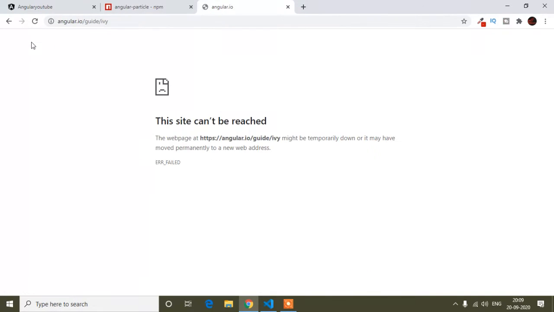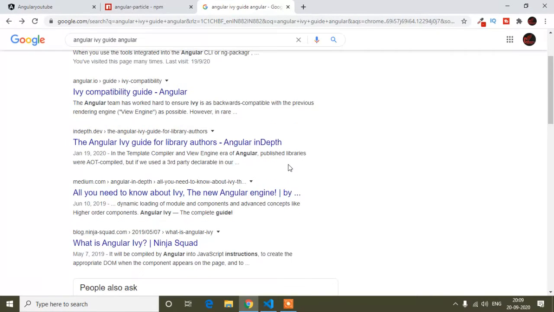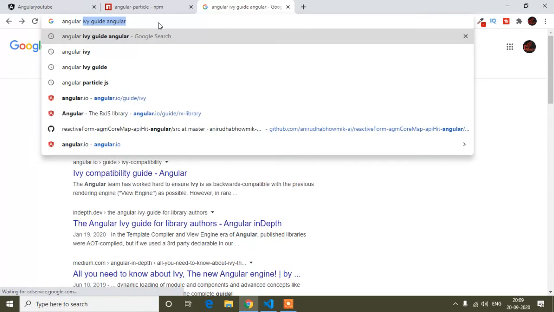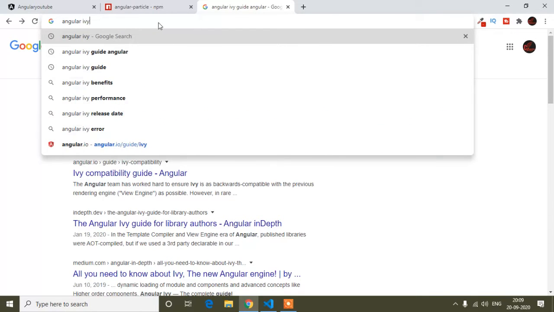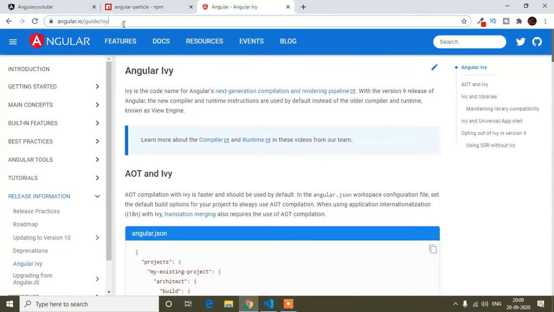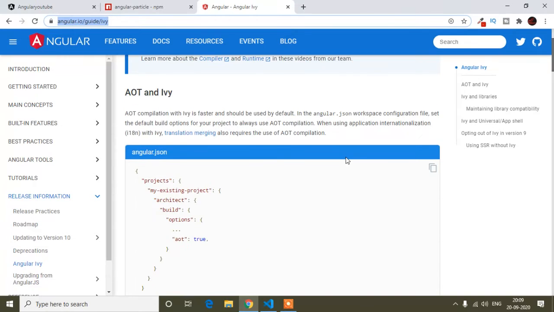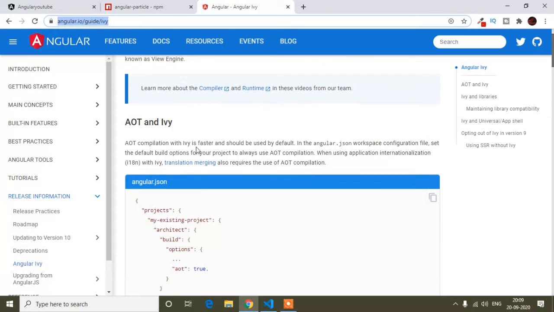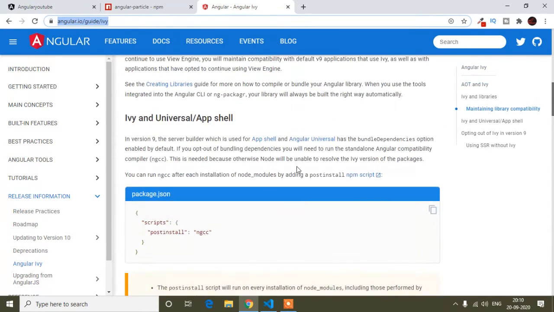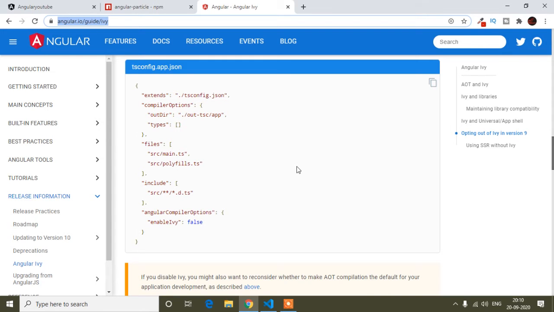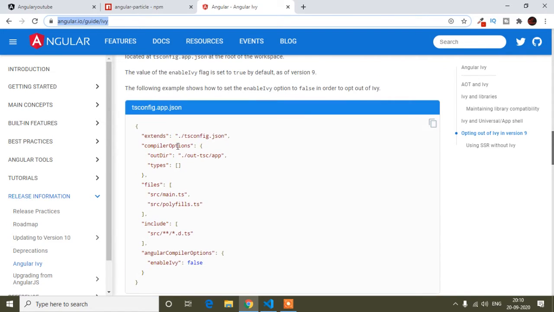So this is not the site, so again I will type Angular Ivy, and this is the official site of Angular. I will provide this link in the description also. Here you can read all the documentation of Ivy, but the main thing is that I have to disable this Ivy feature. So here is the documentation.